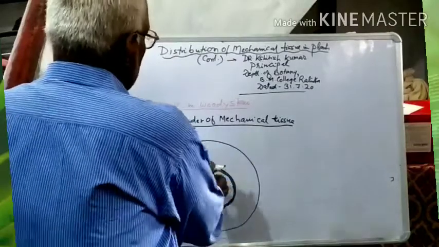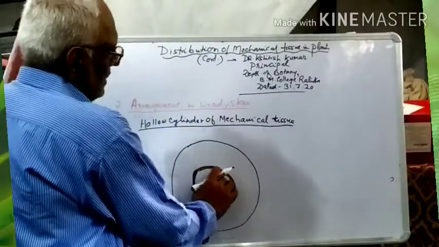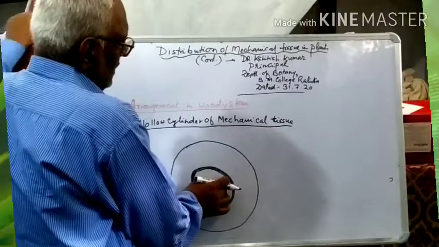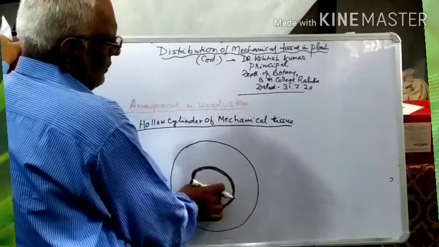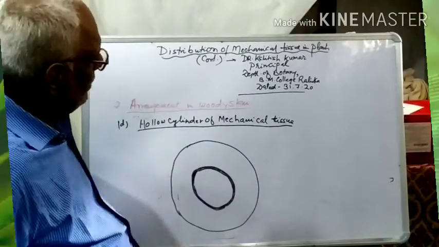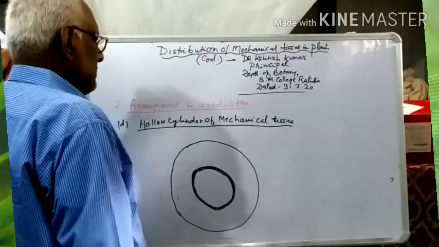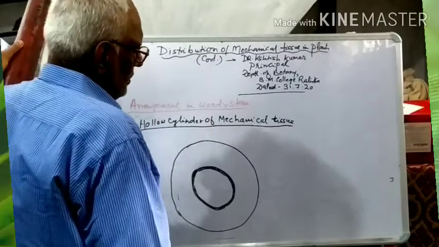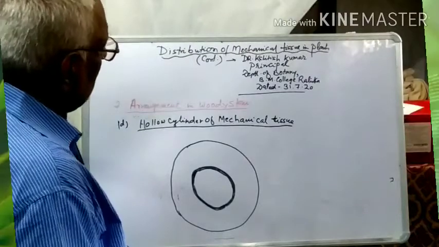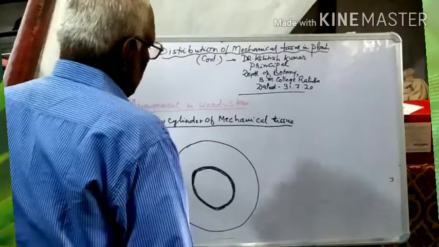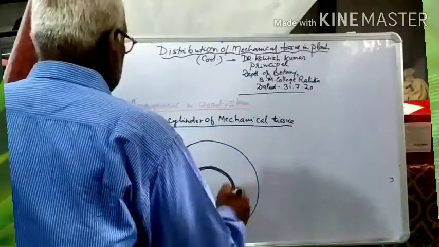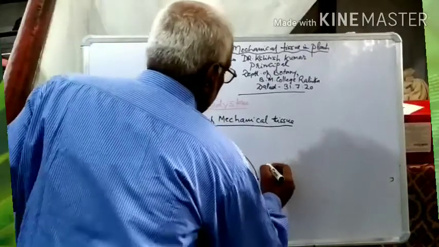As we know, the sclerenchyma are the mechanical tissue that give support to the plant. So here a cylinder of mechanical tissue is formed, and this cylinder of the mechanical tissue goes from bottom to the top of the plant and gives support to the plant to bear all types of pressure generated by the wind forces, etc.